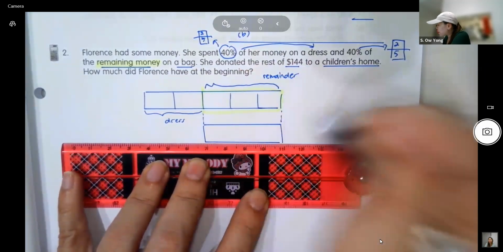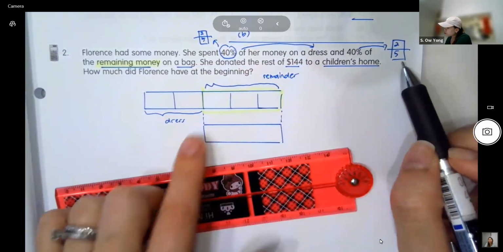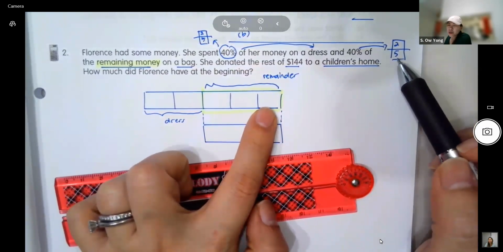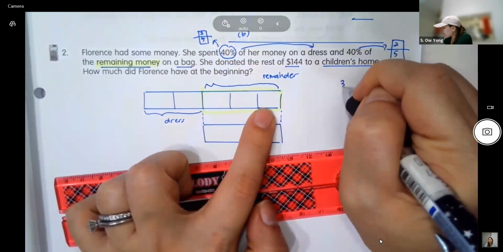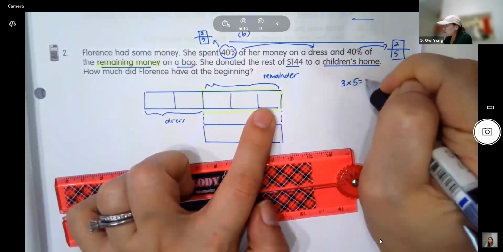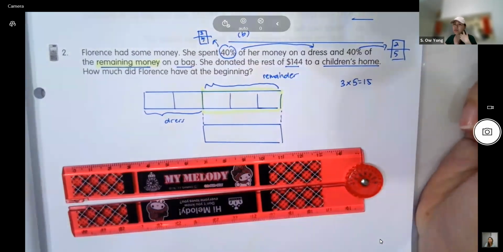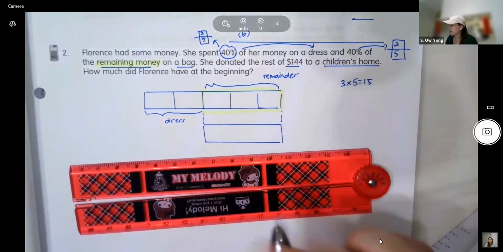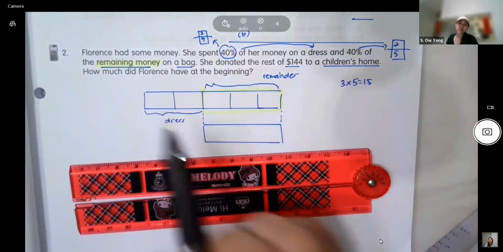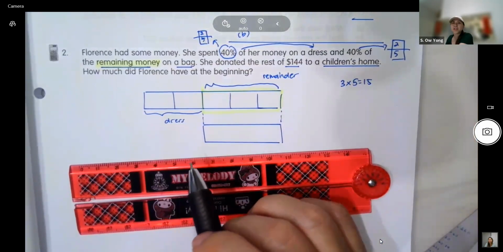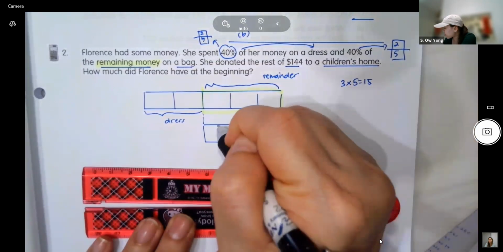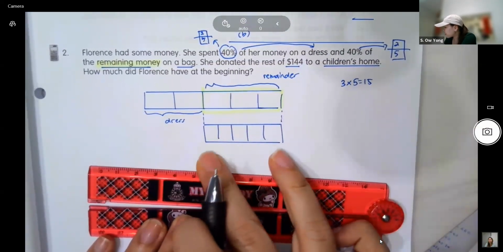Those of you who do common multiple will start asking, how can 3 units and 5 units be the same? So some say, can I actually take 3 times 5? The first smallest common multiple, 15, then you try to divide this into 5, 5, 5, 5, 5. You can do that also. Just that I'm showing you the drop down, and they say 2 out of 5 of the remainder